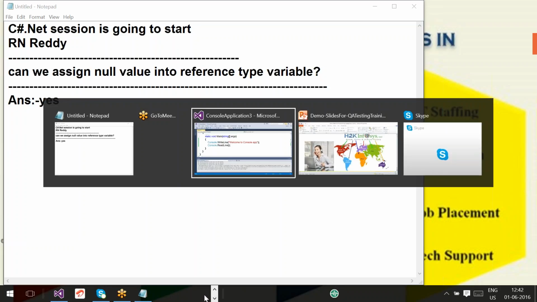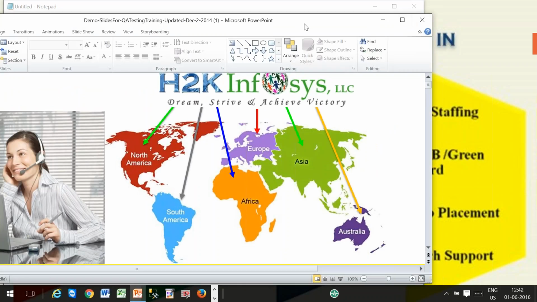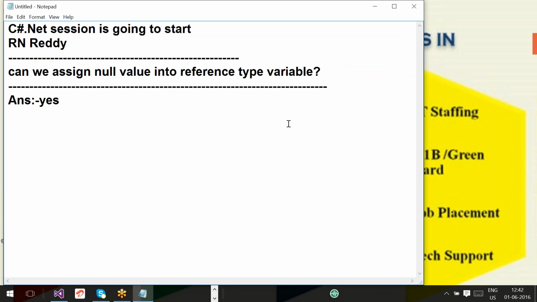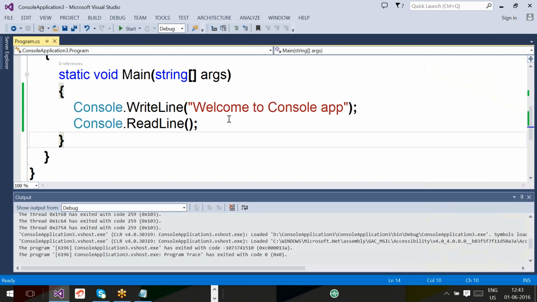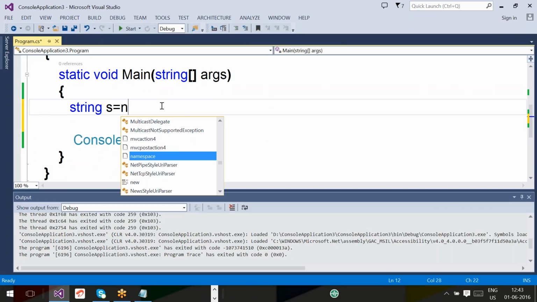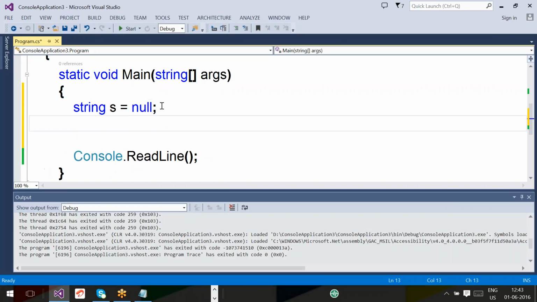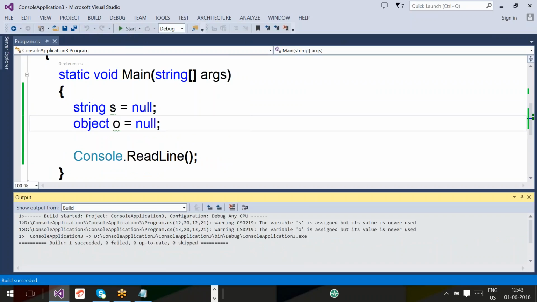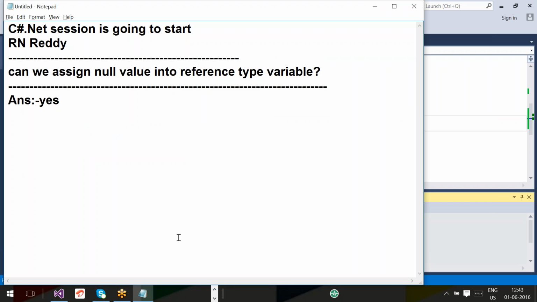Now, let me check the reference type variables. What is the reference type actually? String and objects are what types? We'll do one thing. String s equal to null. Object o equal to null. So let's see, is there any problem? Compilation, and we don't have any issue. So with this we identified one thing, that we can assign null value into a reference type variable,